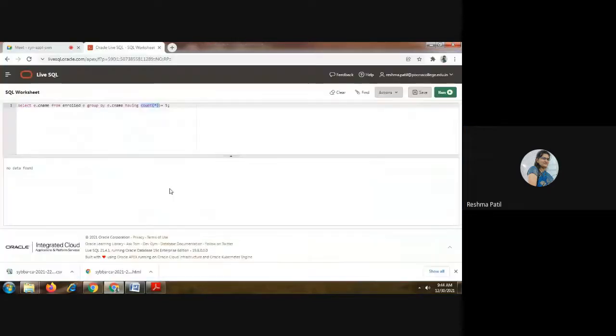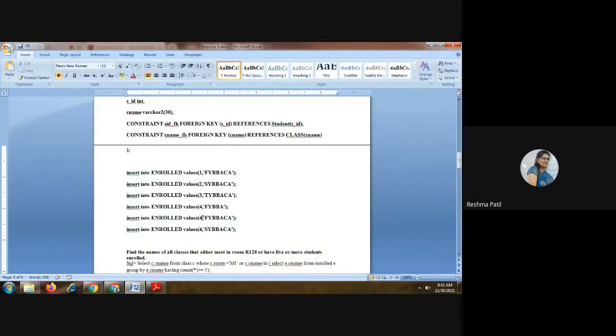We have to work on the CNAME, and that CNAME count should be greater than or equal to 5. So insert more records for any class so that it is 5 or more. For example, here we have FYBBACA 2 times, so we will insert more records for this enrolled table.